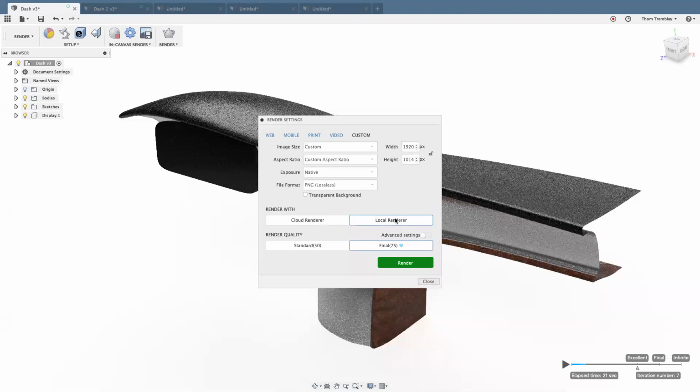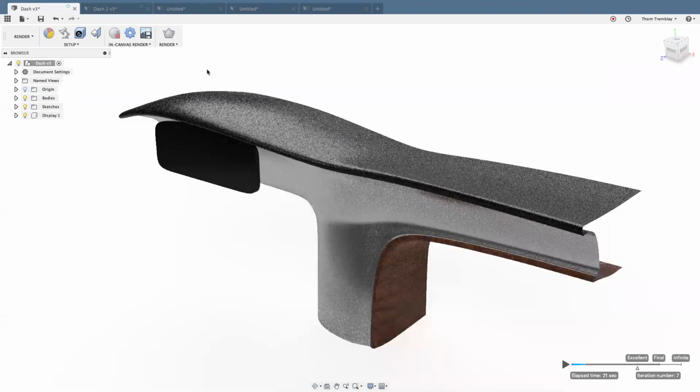And what I typically preserve cloud rendering for, and if you have a very modest computer that takes a long time to do a local rendering, you can use cloud rendering for more intermediate renderings. But typically what I use cloud rendering for is the high pixels per inch, very high resolution image that I maybe want to run off on a large format printer. Otherwise, I like to use the local render. And then